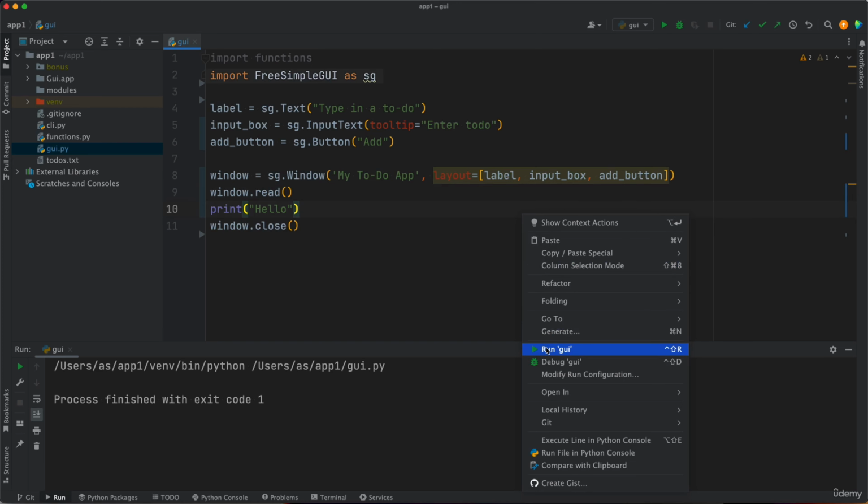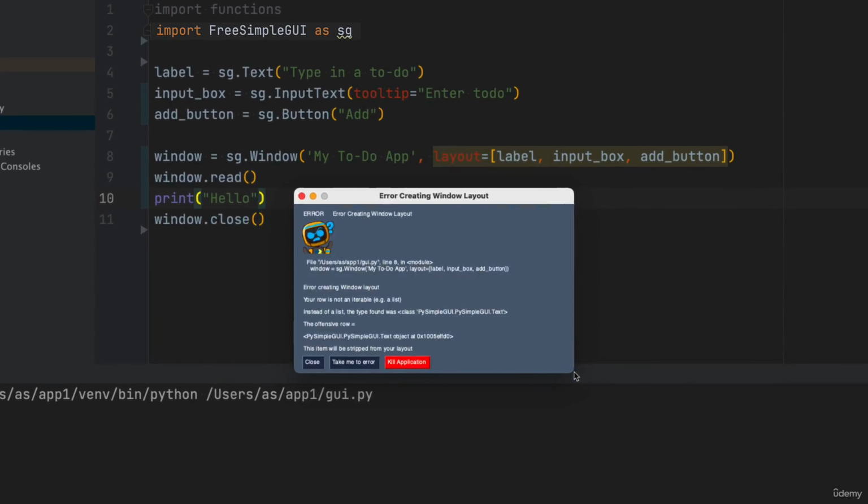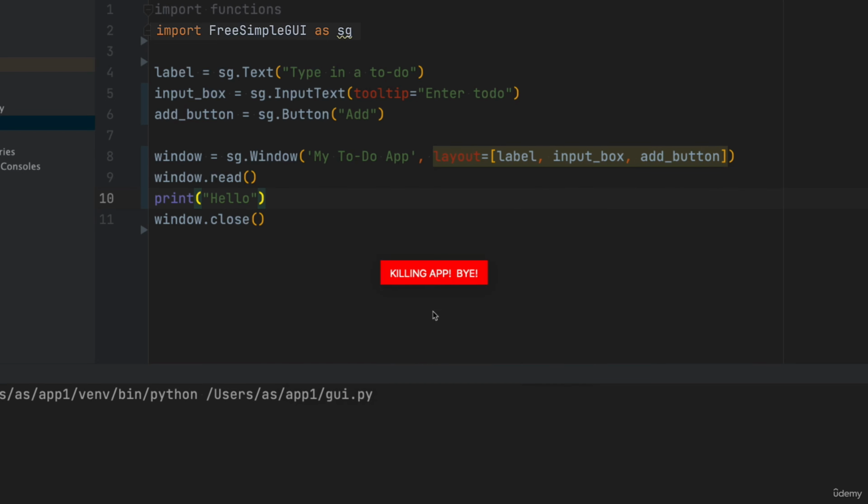If I run the code now, we're going to get this error. And this particular line here is important to understand what's going on. It says that instead of a list, the type found was class PySimpleGUI. So what it's trying to say is that